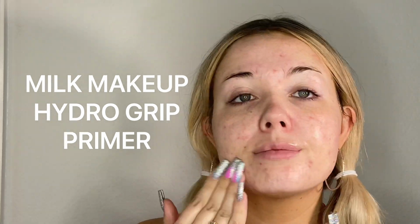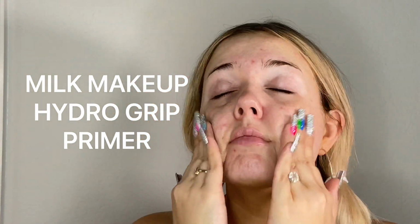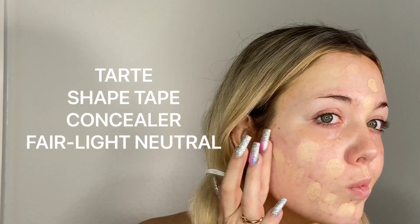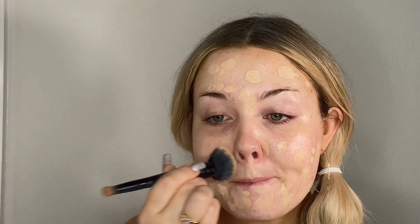And then I'm going to take my Hydro Grip Primer from Milk Cosmetics and make sure that I put that all over my skin, under my eyes, on my eyelids, just everywhere. This is a crucial part in my makeup routine because I suffer from hormonal acne, so I am going to put my full coverage Shape Tape concealer on top of my acne spots while my primer hasn't completely dried. Like as soon as I put my primer on, I will put this concealer on and then I will let it sit for about a couple minutes, and then I take a really big fluffy brush and press it into